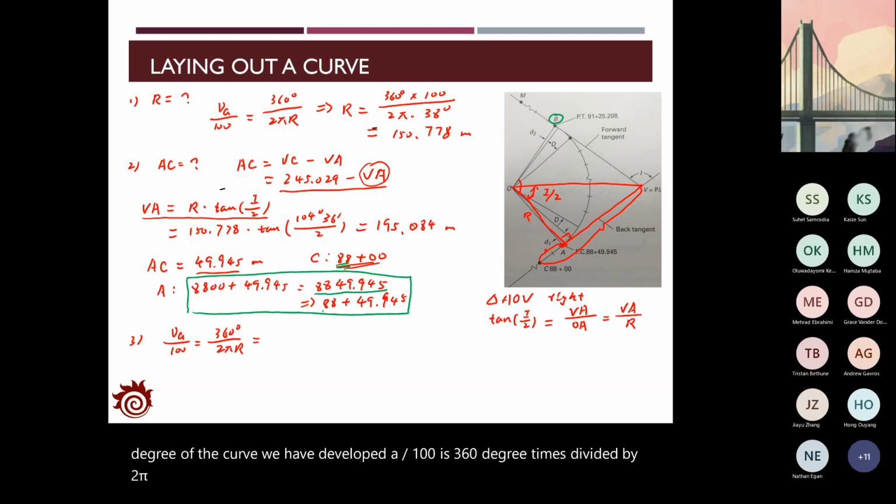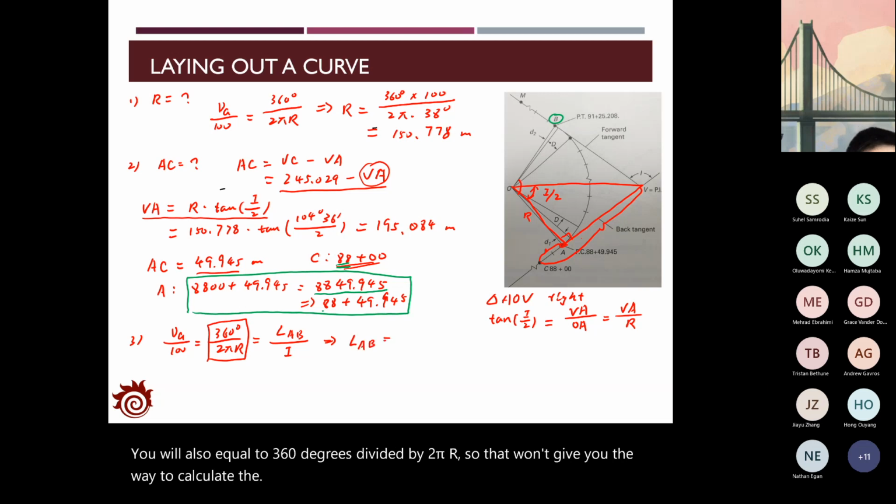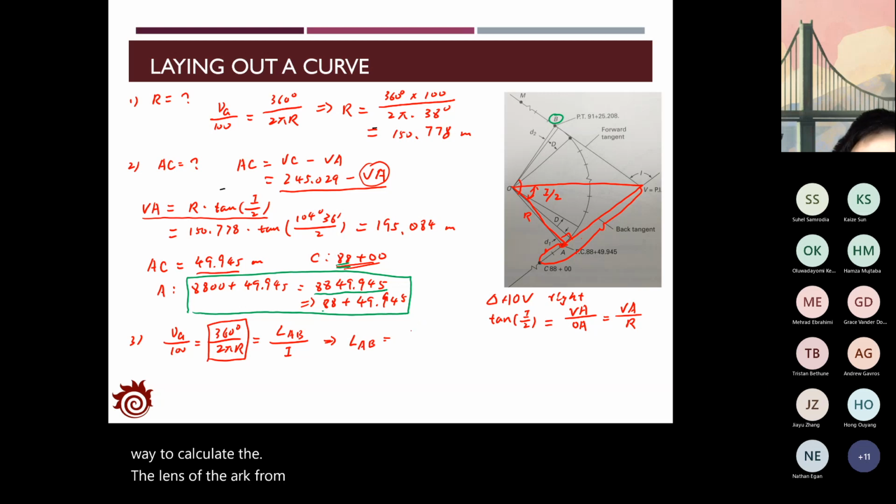And if you go to check the length of the arc from A to B divided by the angle of the arc, it will also equal 360 degrees divided by 2 pi r. So that gives you the way to calculate the length of the arc from A to B as dA times I divided by 100. We know dA is 38 degrees, I is 104 degrees 36 minutes, and